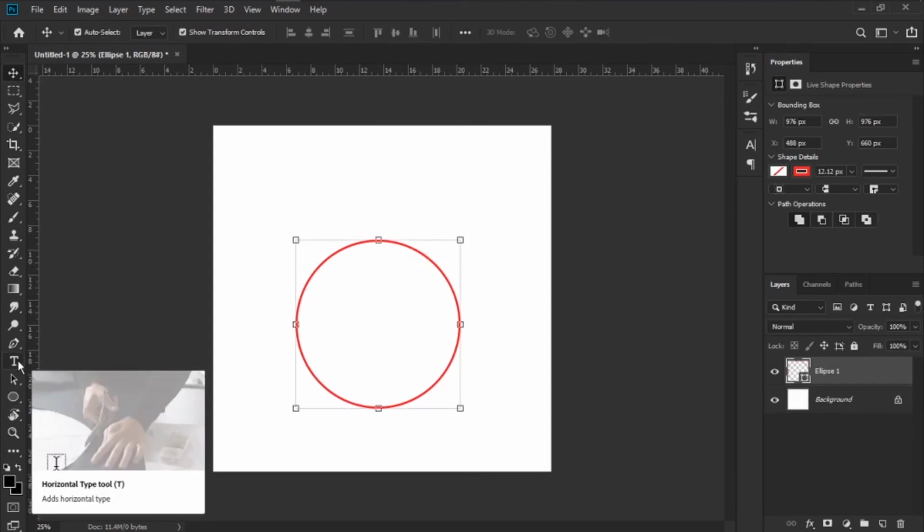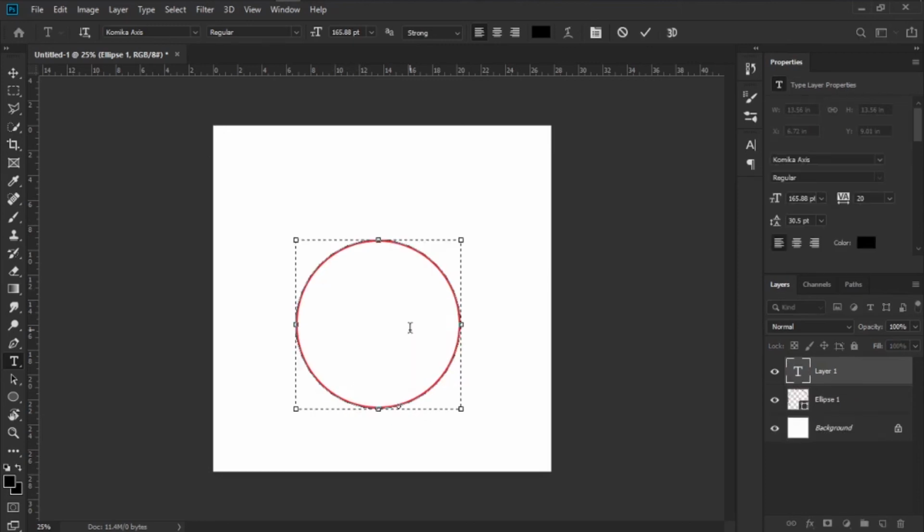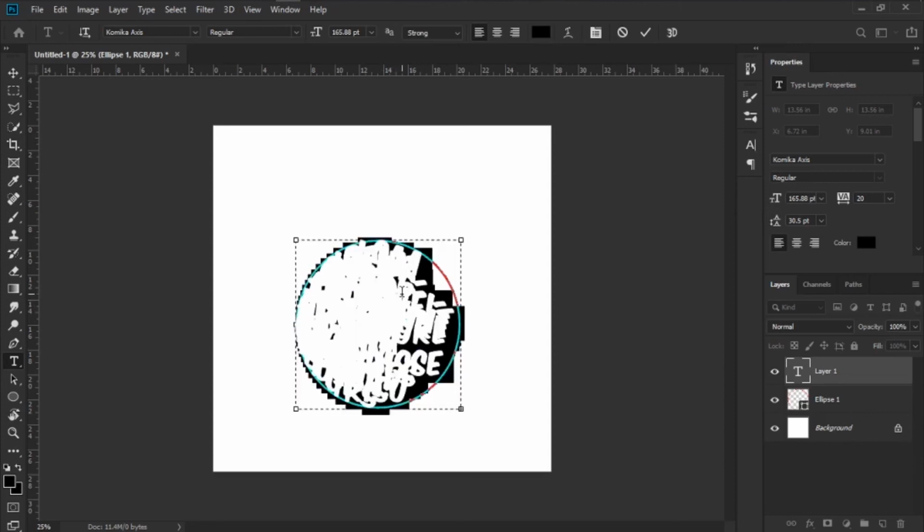Now when we click on the text tool and hover our mouse on the boundary of the circle, we see the same symbol, an I with a curve on it. But when we get inside the circle, we see an I with a circular dot on the symbol. What does this mean? This will allow us to write the text inside the circle. See here. We wrote inside the circle, but this was not what we wanted. So let's undo it, Ctrl Z.